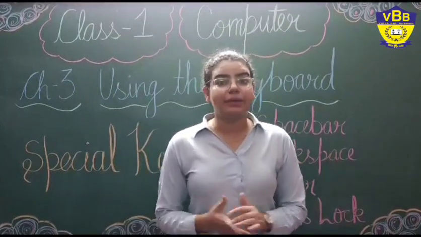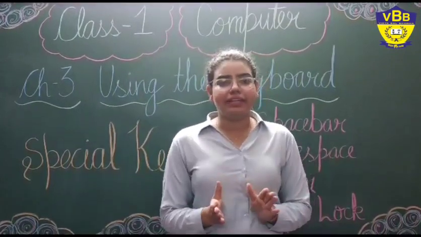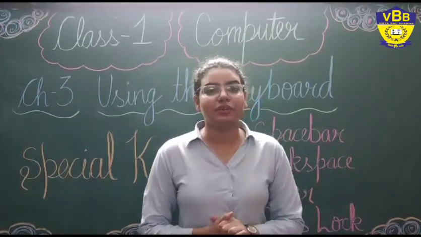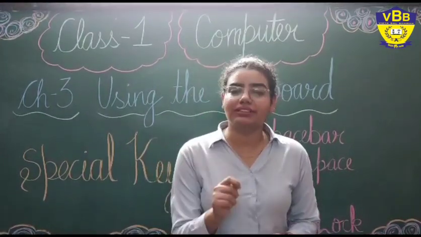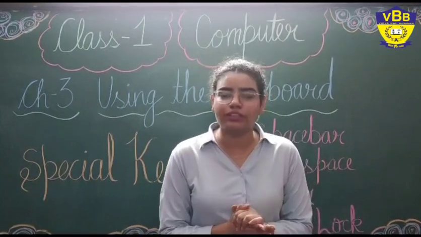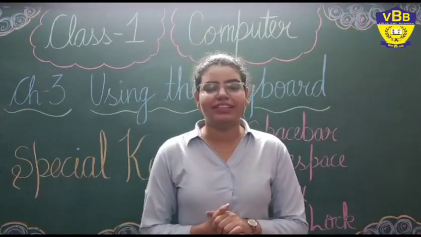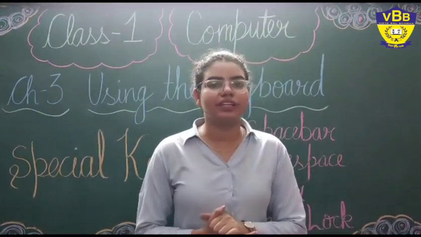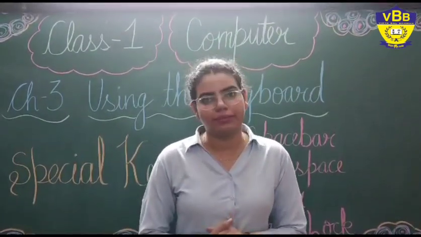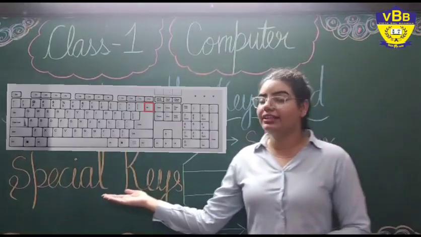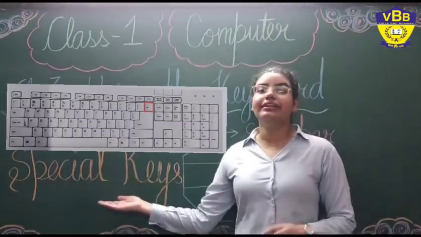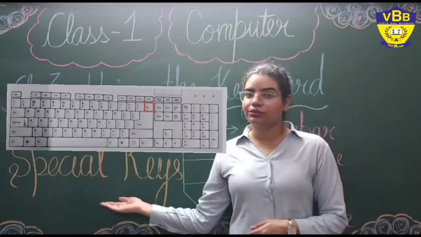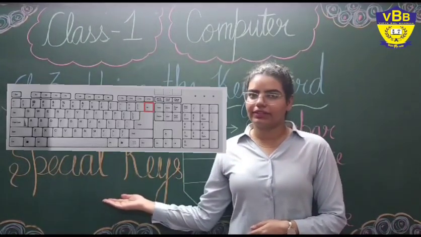Now let's talk about our other special key, which is backspace. What is a backspace key? The backspace key moves the cursor backwards. Just like we use an eraser to erase any mistakes that we have done on our notebooks, we use the backspace key to erase the mistake that we made last time. It is usually the last key in the row of number keys. So as you can see in this picture, the highlighted red box is the backspace key. You see, it is in your books as well.